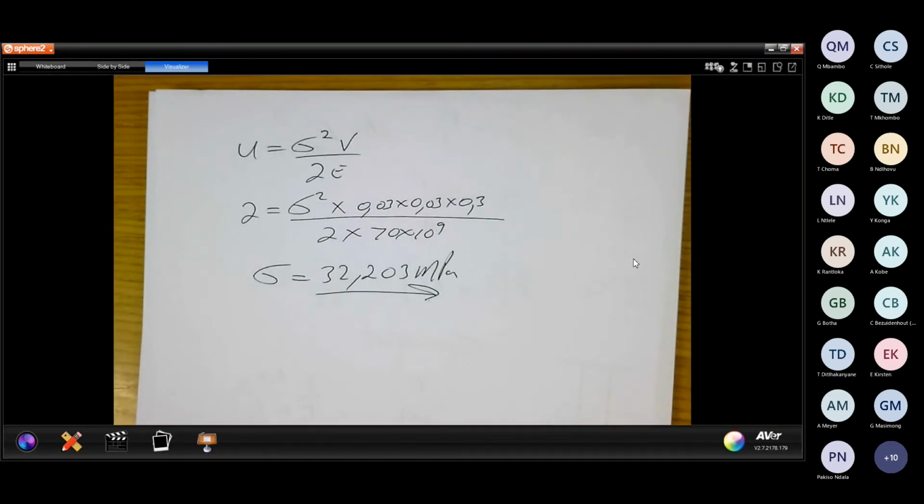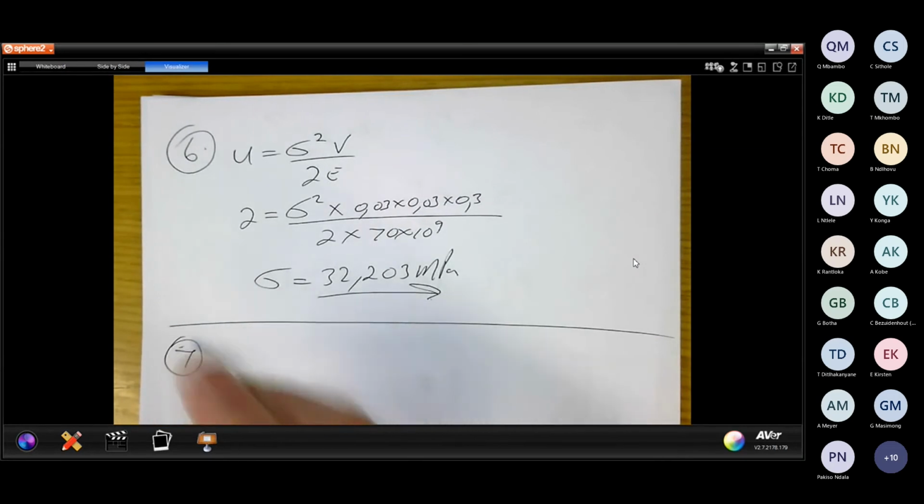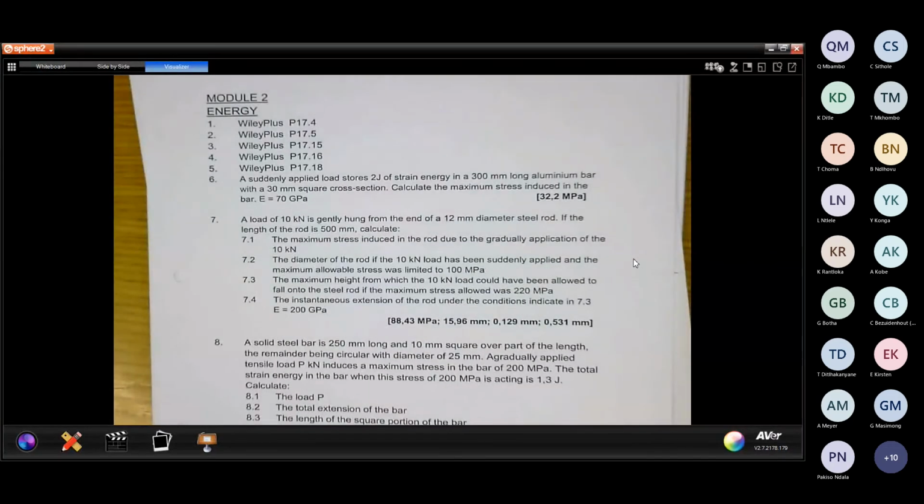Right, let me move to the next one. What I want to do with you guys is problem number 7. And people, please, I want everyone to work with us. Out of the tutorials, problem number 7. That was number 6. Problem 7. Right, for the guys who do not have it already printed, you have a load of 10 kilonewtons hanging from an end of a 12 millimeter diameter steel rod. If the length of the rod is 500,